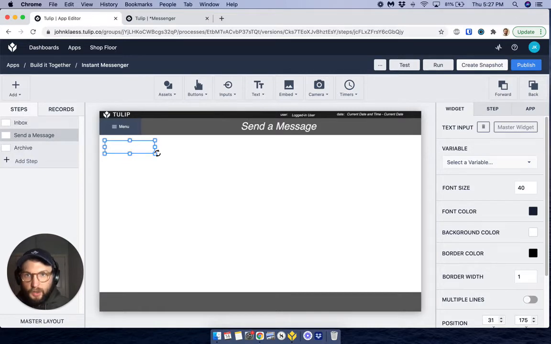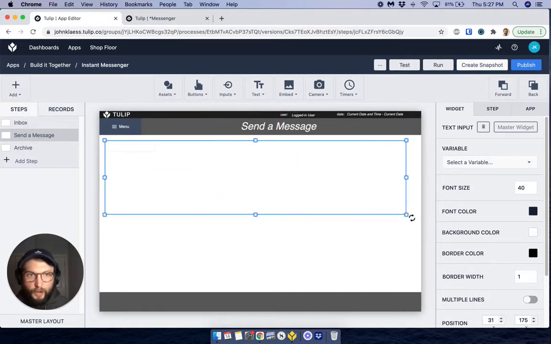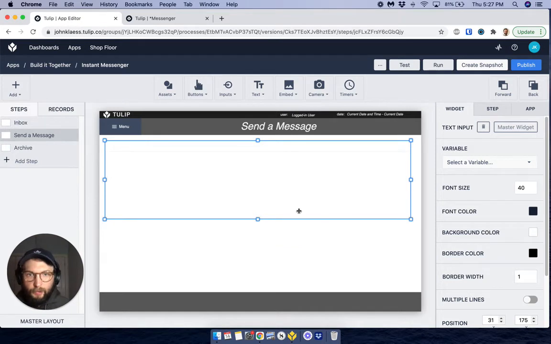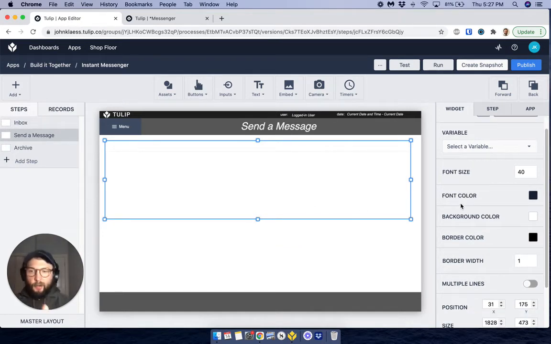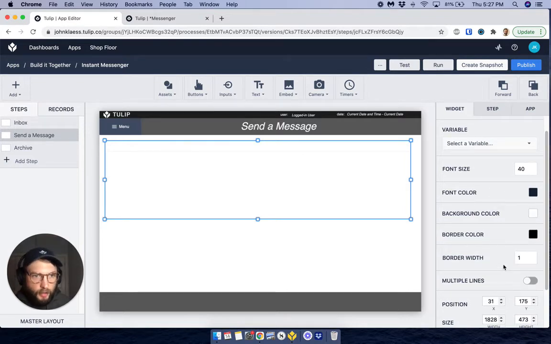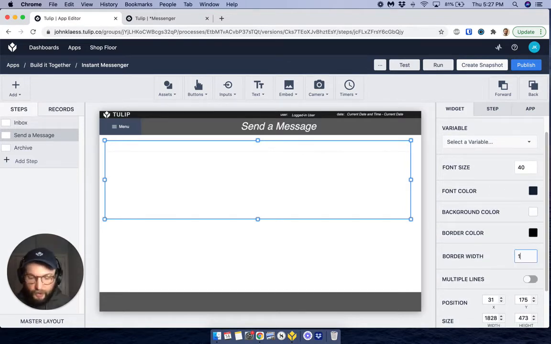Let's make this large because we want there to be plenty of space for someone to input their message. We don't want it to be like one of those little teeny tiny boxes where you end up writing a single word and scrolling for a mile. All right, so what we're gonna do is we'll make the border a little heavier on this one, and we'll